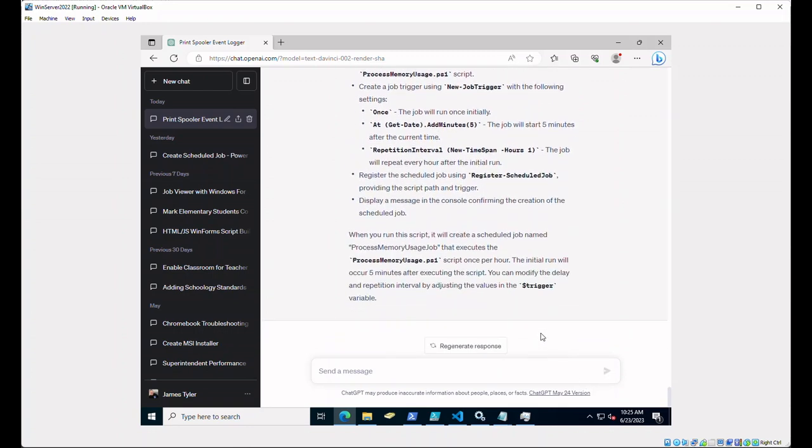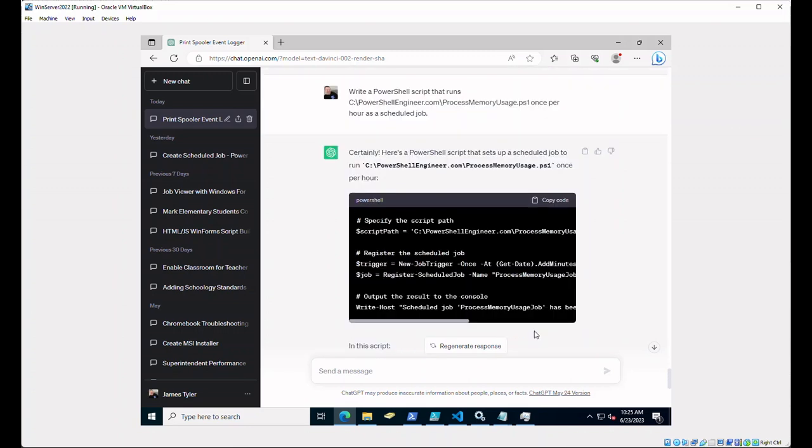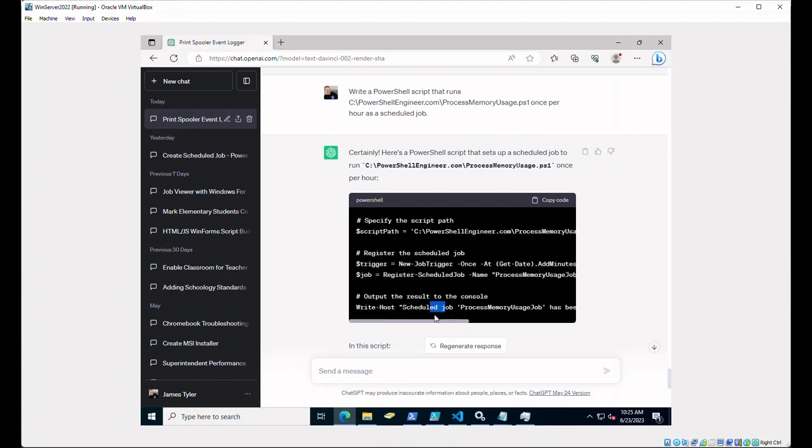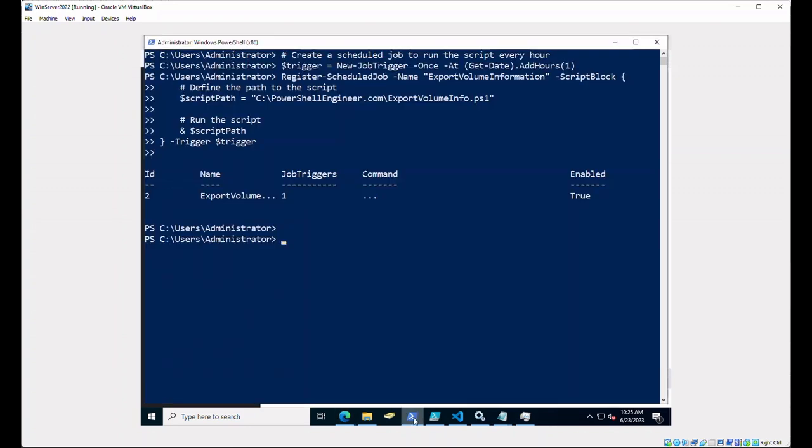Again, this is stuff we went over. It's just explaining it a little bit, but script path, the trigger. So it's adding the minutes, the interval, 1 hour. It's registering the scheduled job. And then it's just giving us some feedback here. So I actually don't need to save this as a script. I just want to